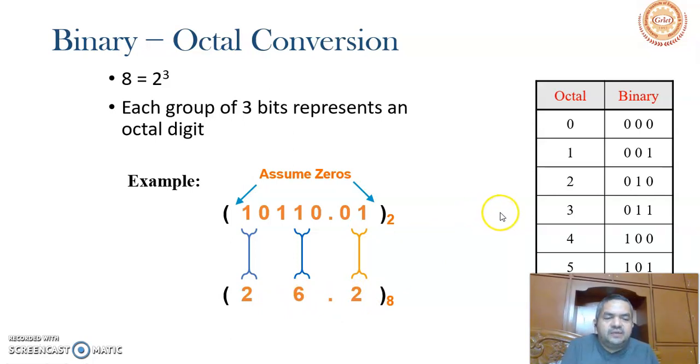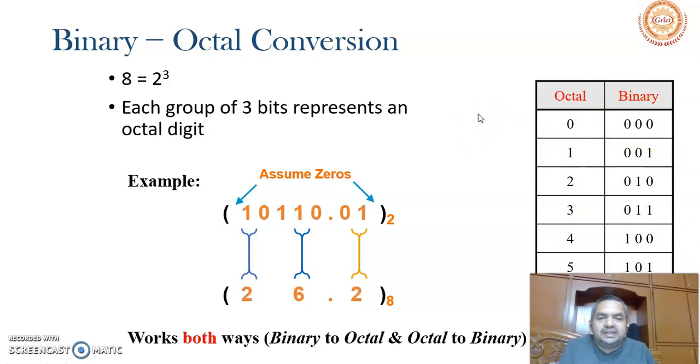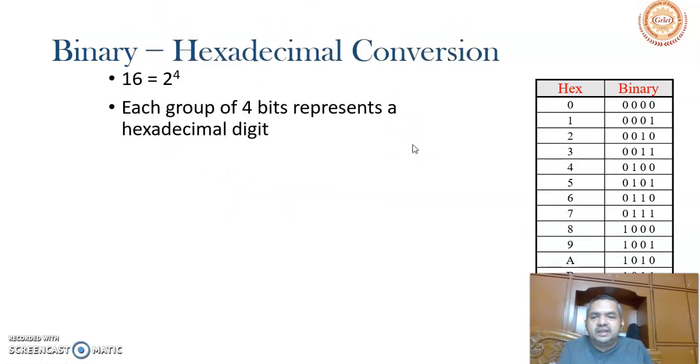Like that, we can write all the octal digits equivalent to the binary by grouping of 3. What you observed here is that all the octal digits 0 to 7 can be grouped with 3 bits only, since 2 power 3 is 8. Similarly, octal to binary or binary to octal, both sides we can do in the same manner. This type of grouping is possible only for powers of 2, so binary to octal, octal to hexadecimal, or hexadecimal to binary. All these 3 number systems are powers of 2, so it is possible.